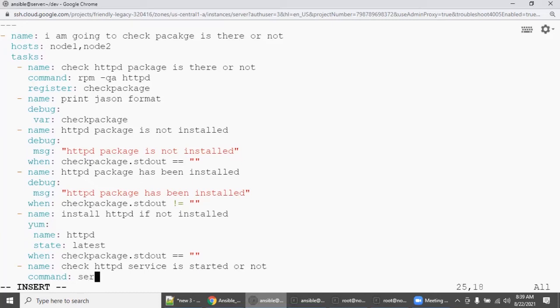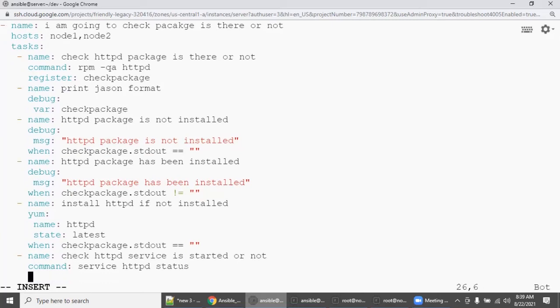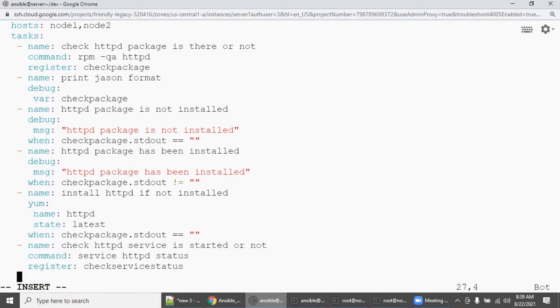The normal command you would run is service HTTPD status, or systemctl status HTTPD, right? So the moment you create a scenario, get the register, check the service status. As I told, the thumb rule is that the moment you start a register, you need to print it, because I don't know anything.